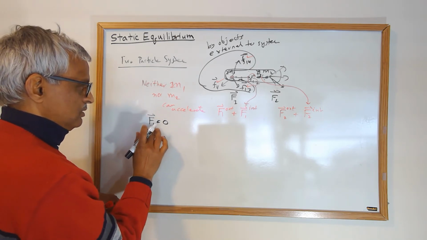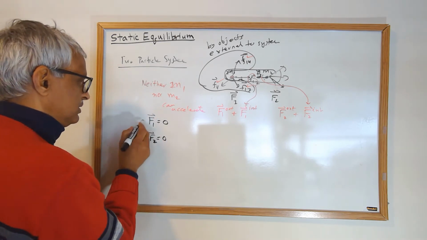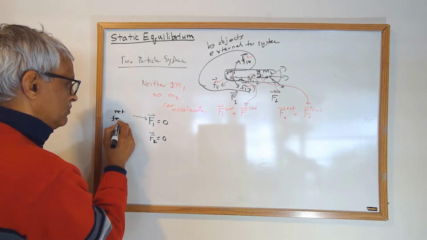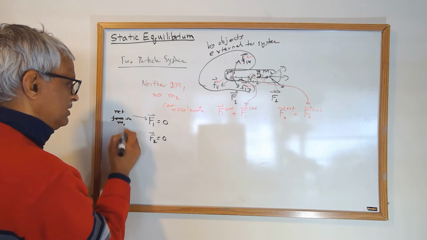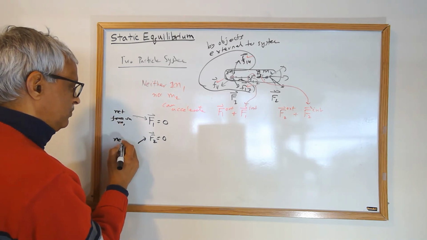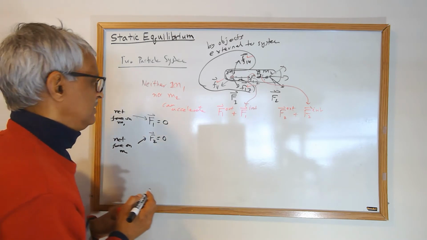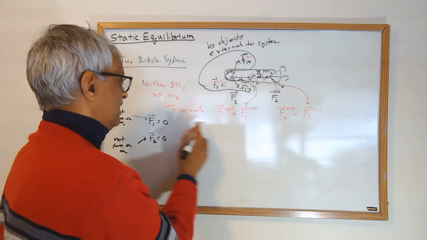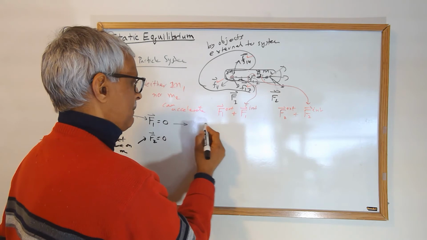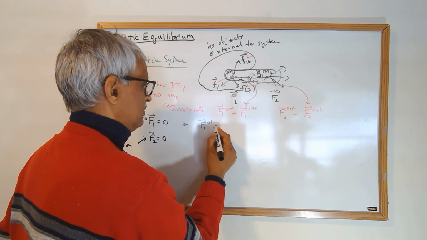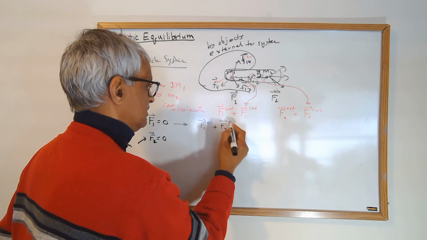So these are the forces on 1, all the forces on this. So this is the net force on M1, and this was the net force on M2. Well, if I separate them out, I can also write this as F1 external plus F1 internal,